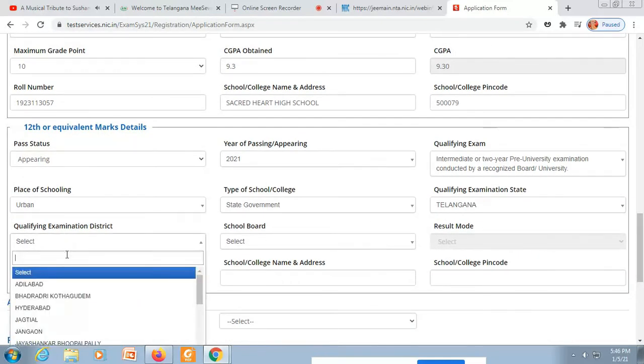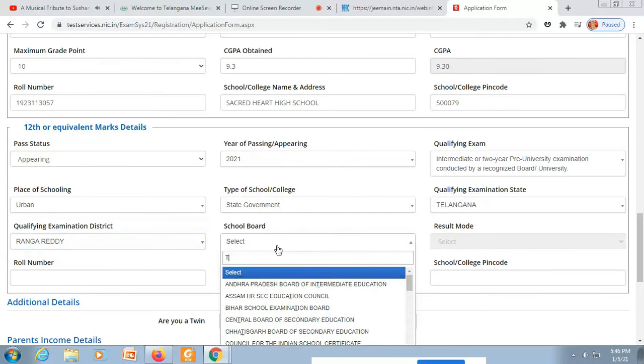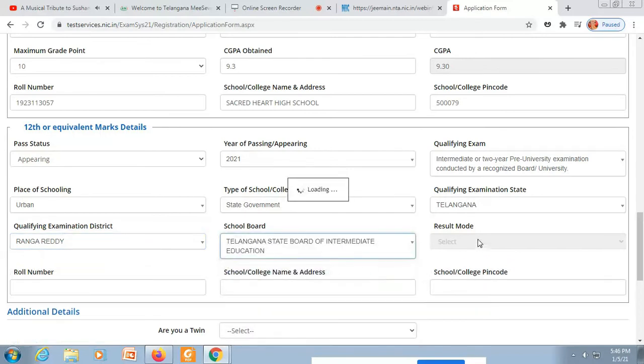Type of schooling, government, board, qualification exam district, select the district, school board, which is your school board, or result mode, roll number, enter roll number. 12th, intermediate, we call it intermediate here. Junior college level, senior college level. In Telangana we call it junior college, senior college.